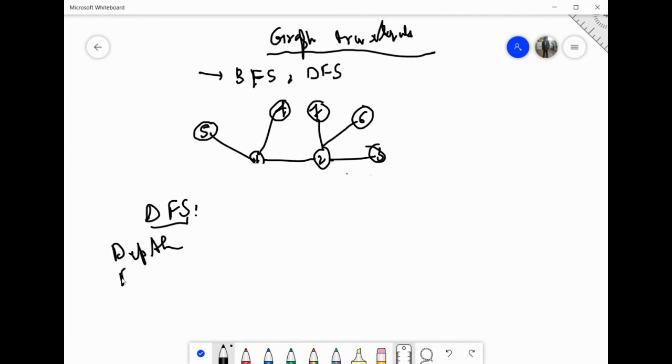Next is DFS, that is depth first search. Again, same thing. You can start from any vertex. Doesn't matter. जहाँ से start करना है वहाँ से करो. Suppose I'm starting from again 1. Okay. So now I've started from 1. Now after 1, I have again 3 options. I can visit 5, 4, and 2. These 3 options are only left. But you don't have to visit all of them at once. You can choose one of them.